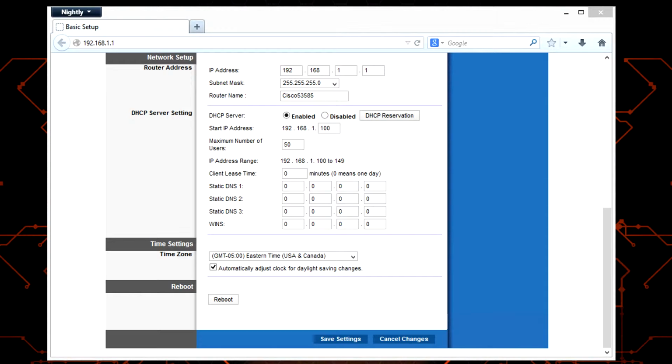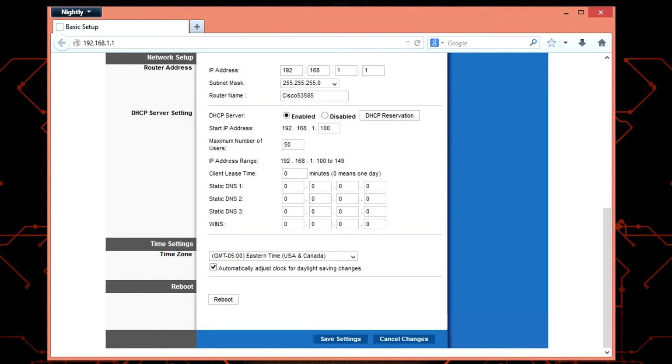So if you look in my case here, the DHCP scope is set to 50, and it starts at IP 192.168.100. So it'll go from 100 to 149, and that's 50 different users. If that gets full, well, then you're out of luck. You're not getting an IP, but 50 users, my god. Anyway,